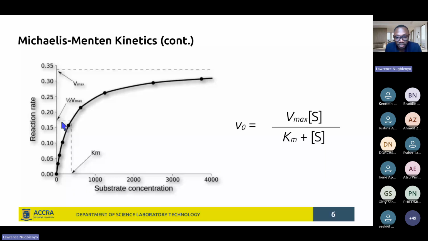And from such an equation of a line, you could derive the equation of the behavior of an enzymatic reaction with the influence of the substrate concentration, such that you have the rate of the reaction being equal to Vmax, that is the maximum rate of the reaction, multiplied by the substrate concentration divided by the Michaelis-Menten constant, which is what you see on the graph, plus the substrate concentration. So you can actually derive this